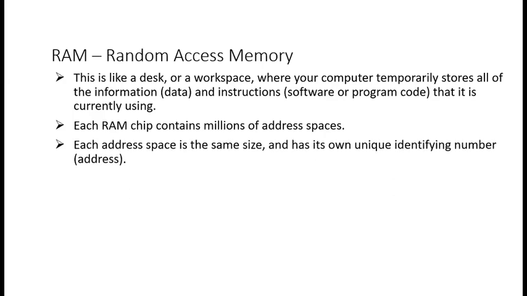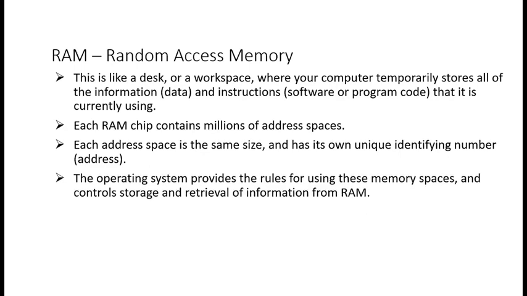Each address space is the same size, and has its own unique identifying number called the address. So the address spaces in the memory have a specific size, and they are identified by a number that is called the address of the memory. The operating system provides the rules for using these memory spaces and controls storage and retrieval of information from RAM. It means when the instructions will be executed by the CPU, it will take the